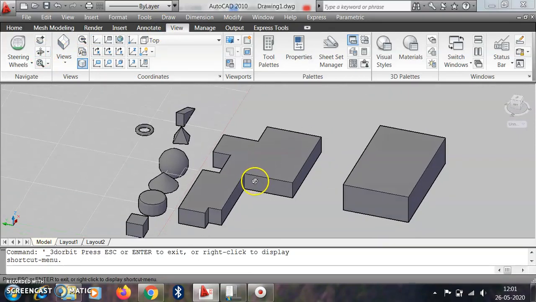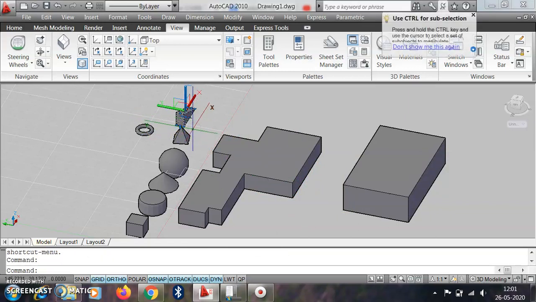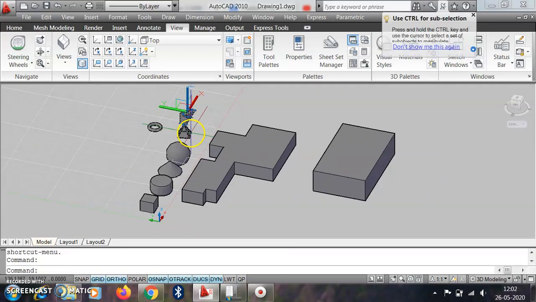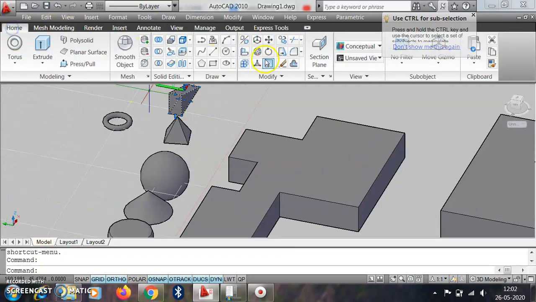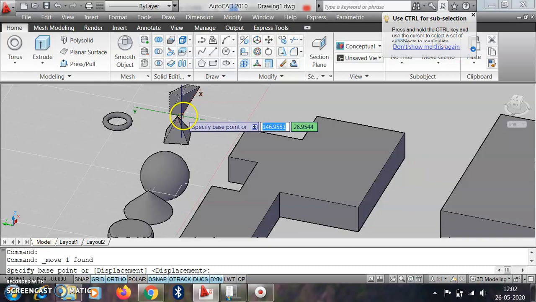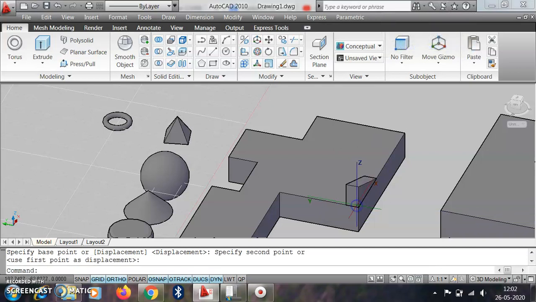Suppose we have to connect this part onto this shape. It is very easy. We only have to select this part and then select the base point, or we can move or copy this object. Suppose we take move, and we choose the base point of this one, and suppose we have to attach that point at this upper point.